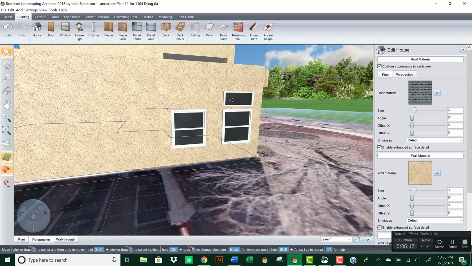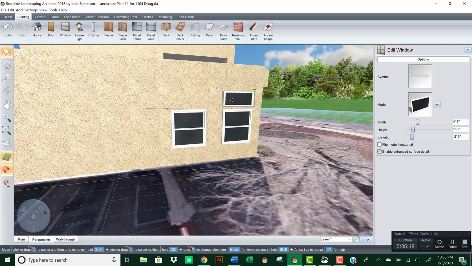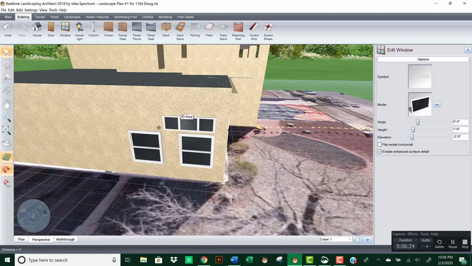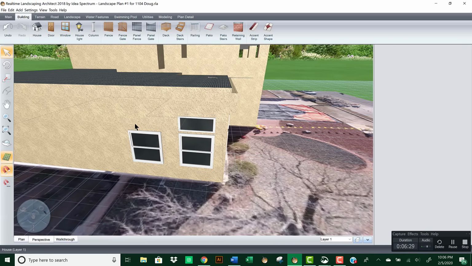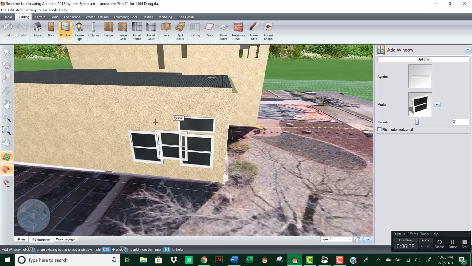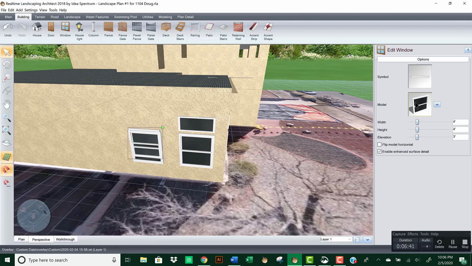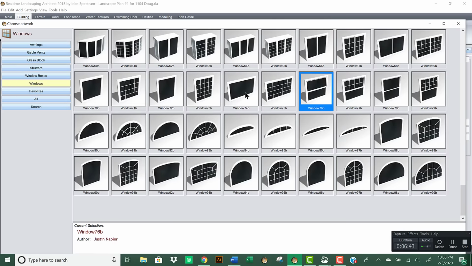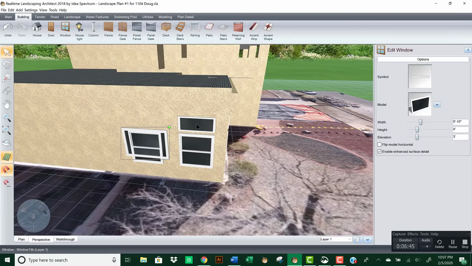Then this window, copy paste. Nope, does not want to do that, so we'll just add another window. Sometimes there's little glitches on this machine. Okay, so we can make sure this is 4'3" and 1'9", and this one will do